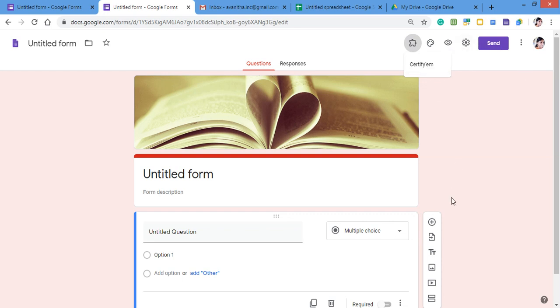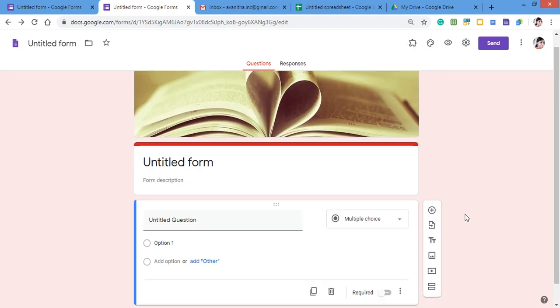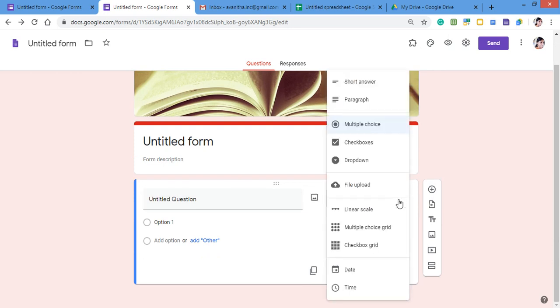Here, when we come across this Google form page, you can see the horizontal toolbar and the vertical toolbar, which will give you some inputs regarding the questions which you want to add. For example, if I want to add a question, it shows some options for how you can add the question. The way I am typing the question, it will give us a hint to go with the type of question which you want.